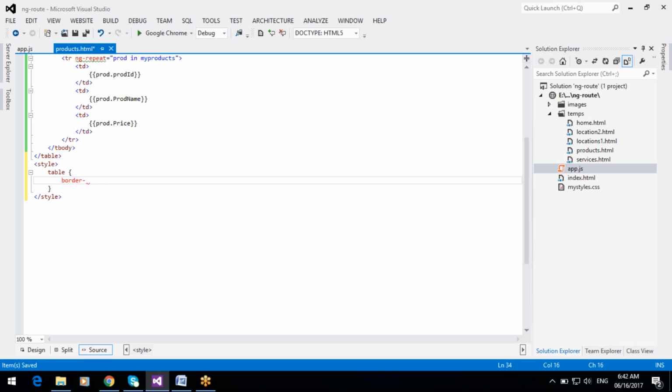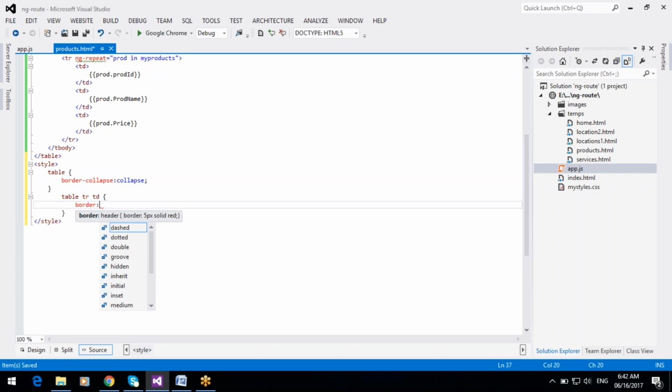Border collapse equal to collapse, and border for the table, 1 pixel solid.